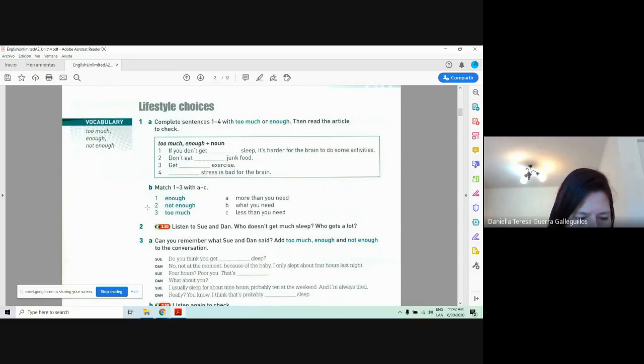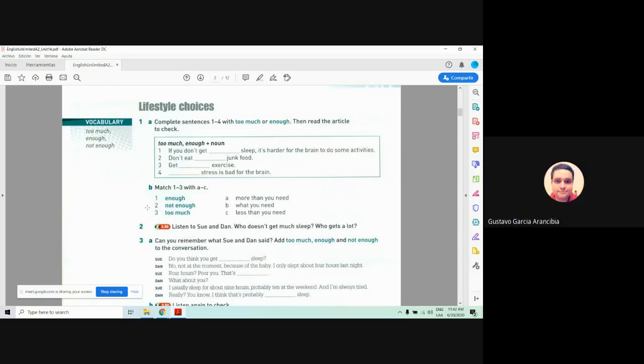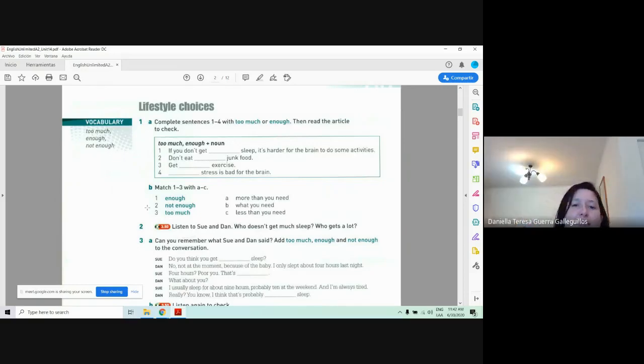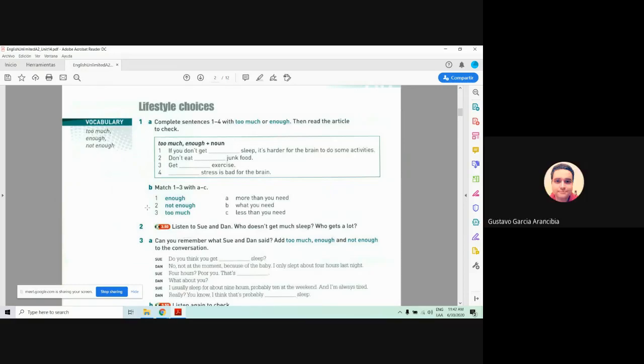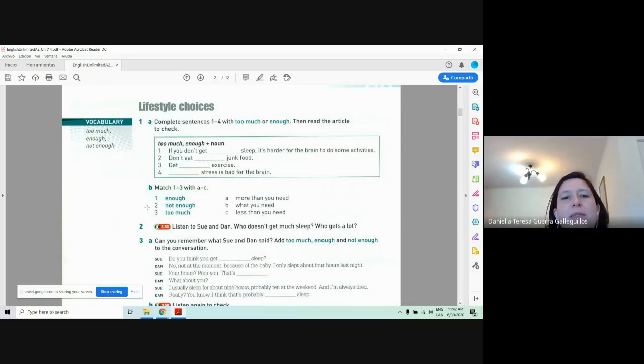exercise. Enough. Enough, very good. Get enough exercise. And that means sufficient. Number 4, stress is bad for the brain. Too much. Too much stress because it's uncountable. Very good. And if we go with matching, number 1, enough goes with letter